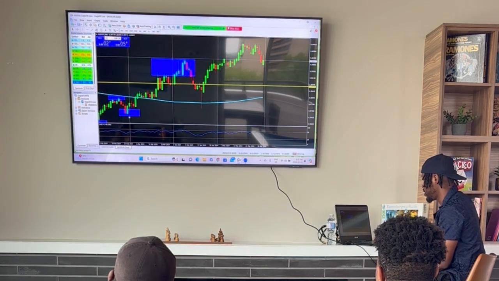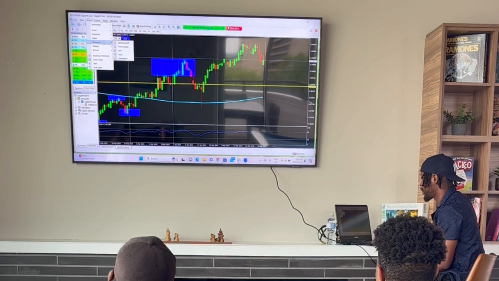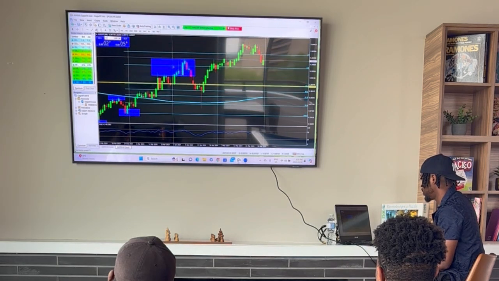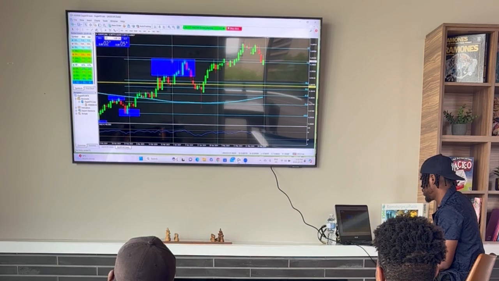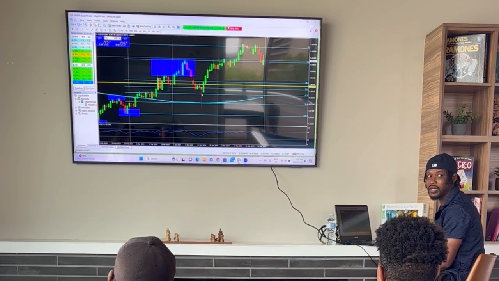But guess what? If you place it from here to there, I can guarantee you that move was at least a 50 or 61% retracement. Let's try it. If you place your fib from the most recent higher low to the most recent higher high, this guy right here, guess what? Came to the 61.8%, took off.